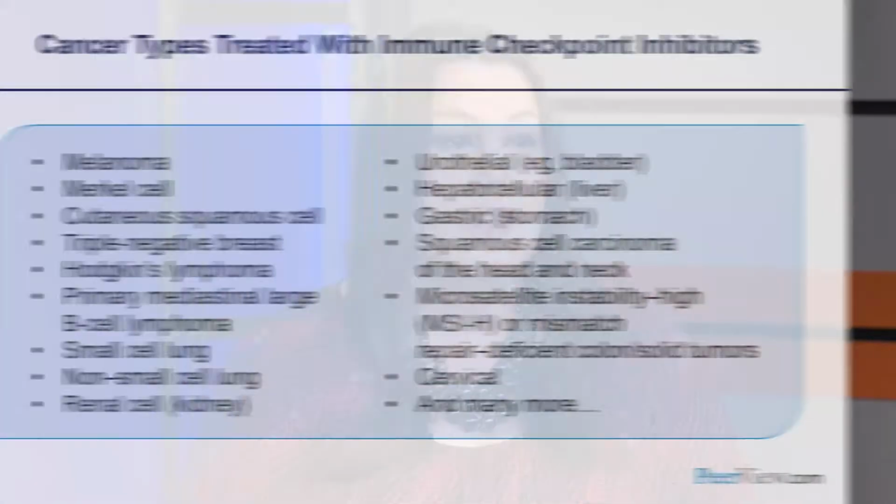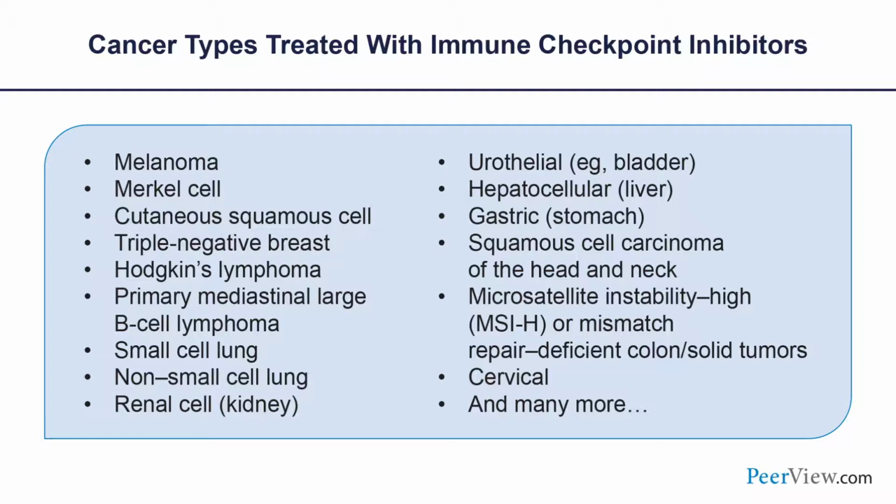As immune checkpoint blockers are tested and approved for an ever-growing list of indications, toxicity management issues are arising with increasing frequency. There are numerous cancer types that are now treated with immune checkpoint inhibitors as standard of care. The first FDA approval came in 2011 for patients with melanoma. Since then, the FDA has approved several additional checkpoint blockers for patients with a variety of cancers, including lung, kidney,